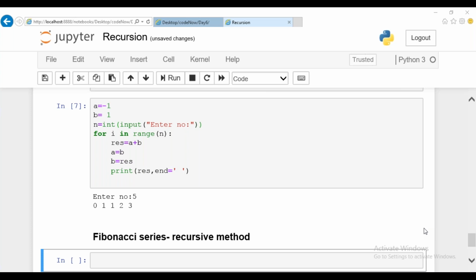The logic varies a bit from the other one, guys. Just try it out. Surya Teja, good.